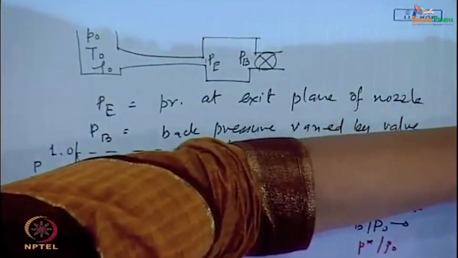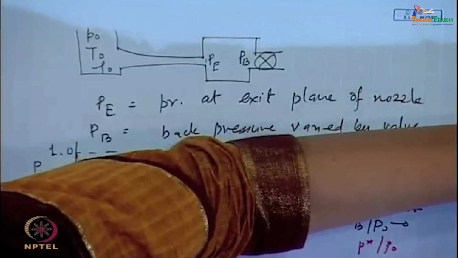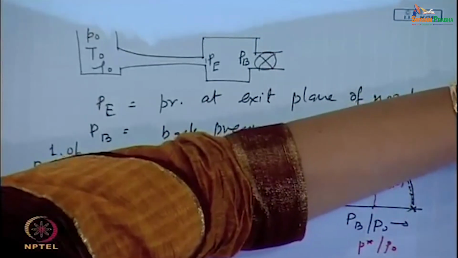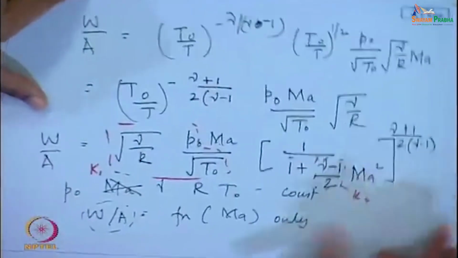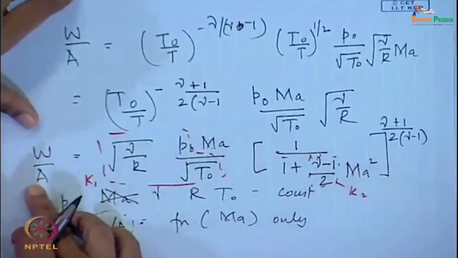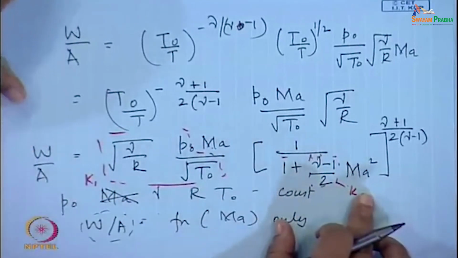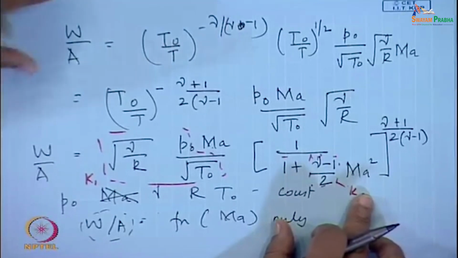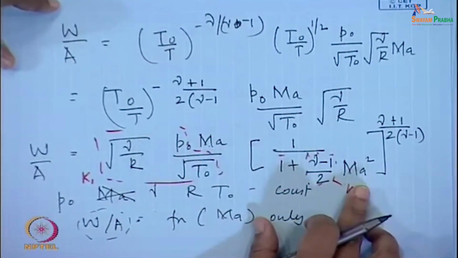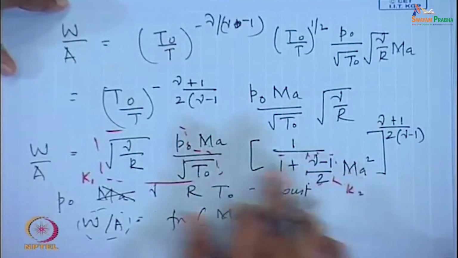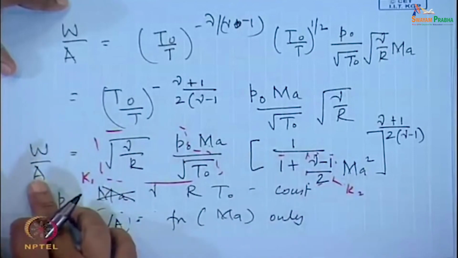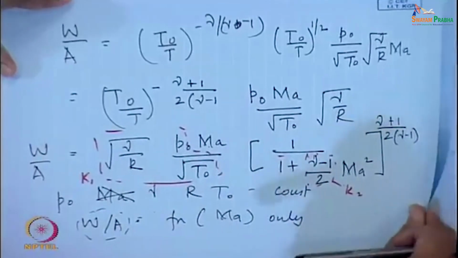Yeah. So, what did we find? We find that W by A was given by this particular expression. And if we put M_A equals 1 here, then we are going to get the maximum flow rate, and that occurs under choked flow condition where A equals A star. Do you get my point? So, therefore,